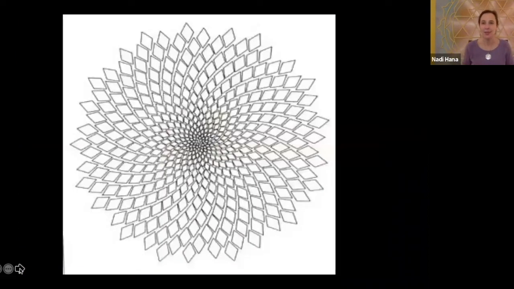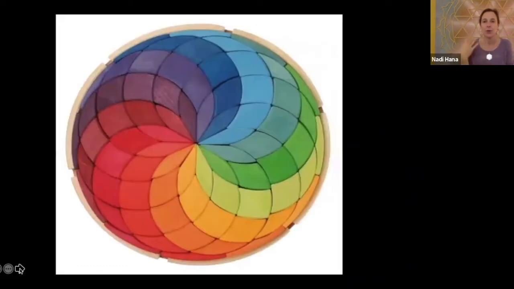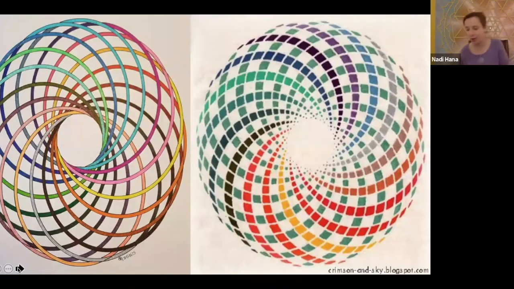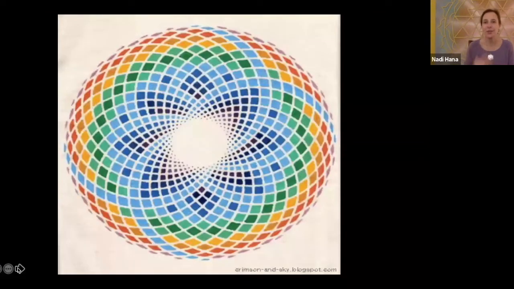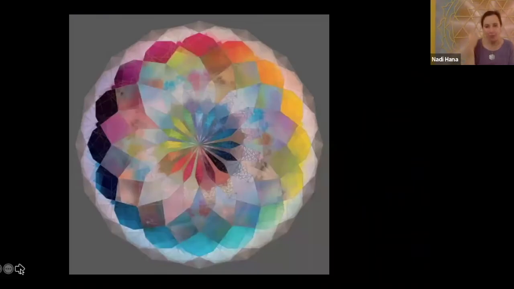The last thing I like to do is share some art with you so that you can begin to open your neural pathways and imaginings into the infinite potential of these shapes. That's so beautiful. The choices of how to play and how to draw with the geometry are just really infinite. And I highly encourage you to go online, go to Pinterest, just go for a search for sunflower and 12-fold geometries, and just start to get thinking about the possibilities and get your creative juices flowing, because this is part